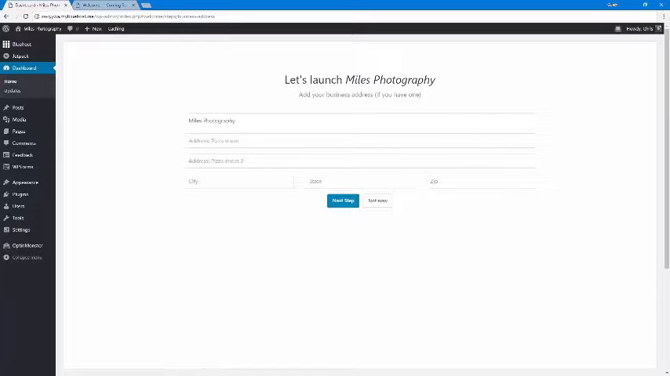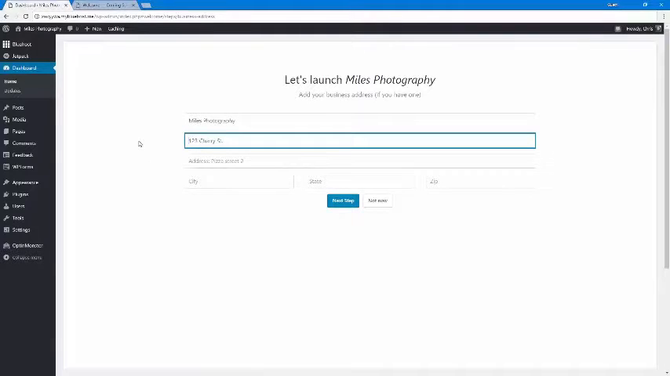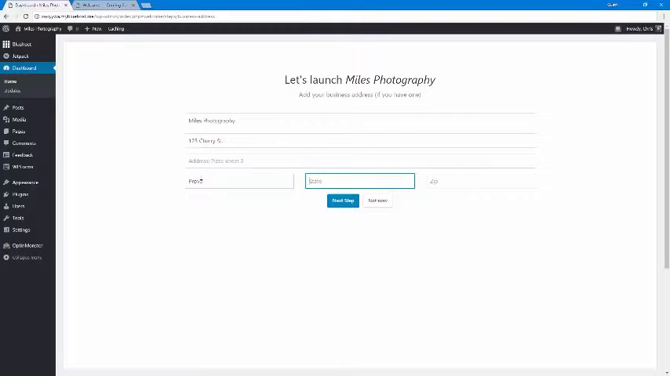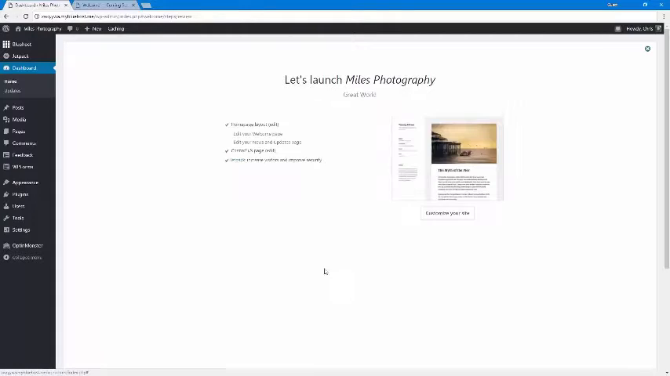So the next thing it's asking for is to add a business address if we have one. So I'm just going to paste that in really quick. Let's see, Provo, Utah. Now, if I'm looking to sell something online, I can install something called WooCommerce, which is going to add store functionality to my website. I'm not ready to do that just yet, but when I am, I can come back to it. So I'll say not now. Now, when I go over to